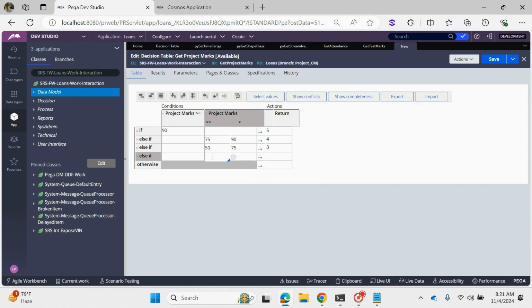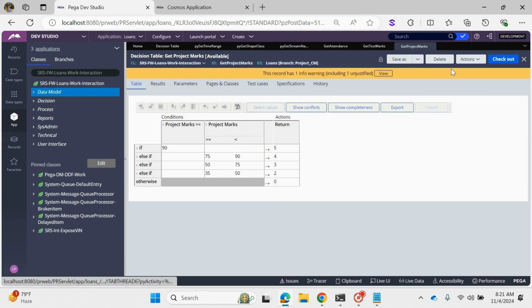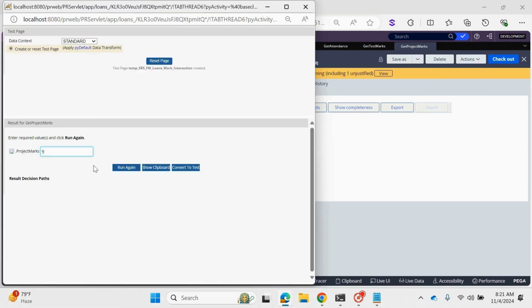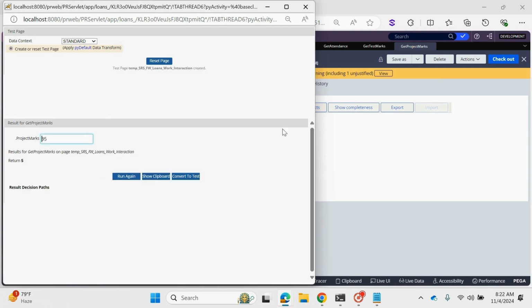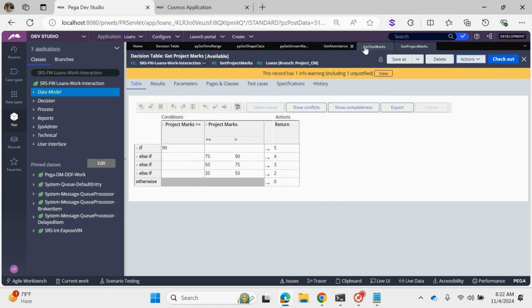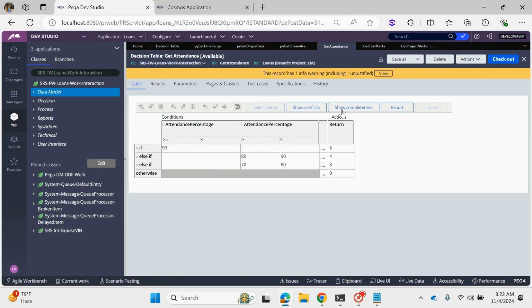Let's say if it is 35. Right, so this is the way I created the three decision tables. One is for test and attendance. So based on these return values, I will combine these three things when I want to, when the creation